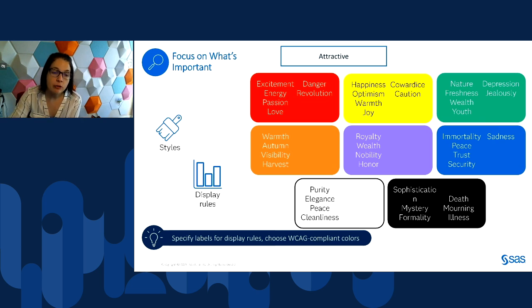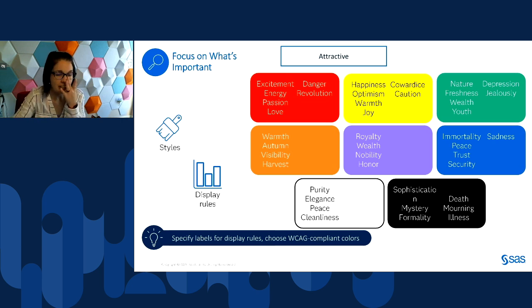As you add display rules, it's a best practice to specify labels for display rules. That is an option. Those are read by screen readers and are displayed in the options pane, so they are very useful for users. Also, for accessibility, you want to use WCAG compliant colors. So those are colors that people who have color deficiency or issues distinguishing between colors can tell the difference. There is a website you can go to see which colors are useful. This will also help you determine what text to put on different colors.